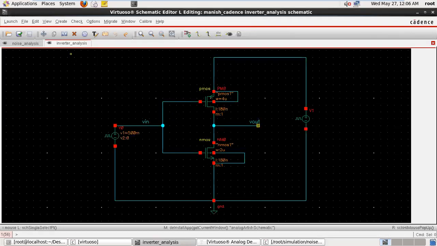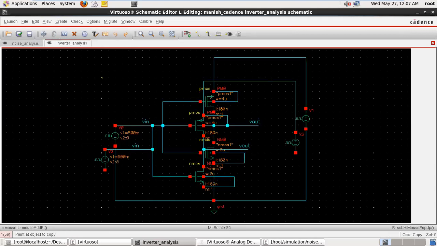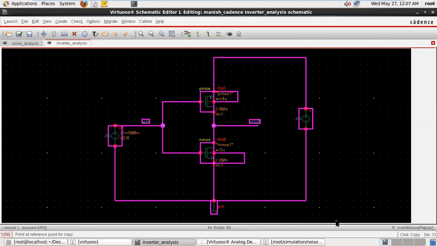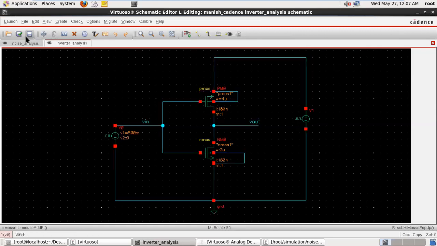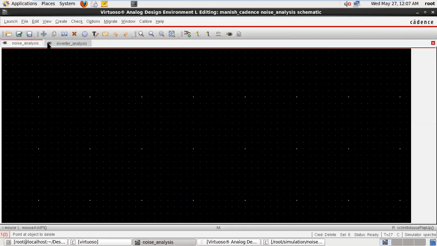So this circuit, just copy this circuit, and move it into the new one.